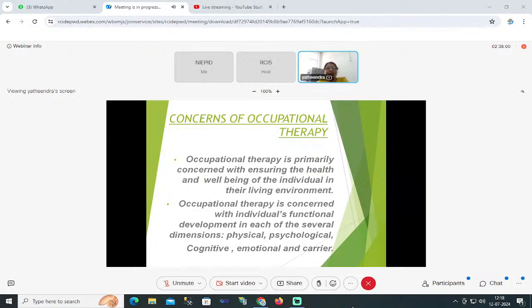Occupational therapy is primarily concerned with ensuring the health and well-being of the individual in their living environment. It is concerned with individuals' functional development in each of several dimensions like physical, psychological, cognitive, emotional, and career. In our occupational therapy assessment, we assess gross motor, fine motor, and oral motor functions, and also play skills of the children, their writing skills, and their neonatal